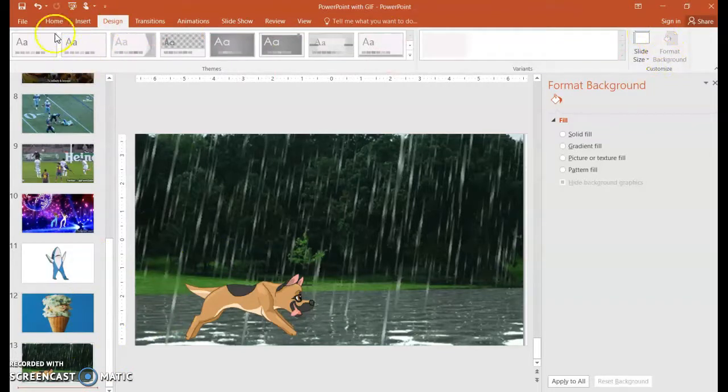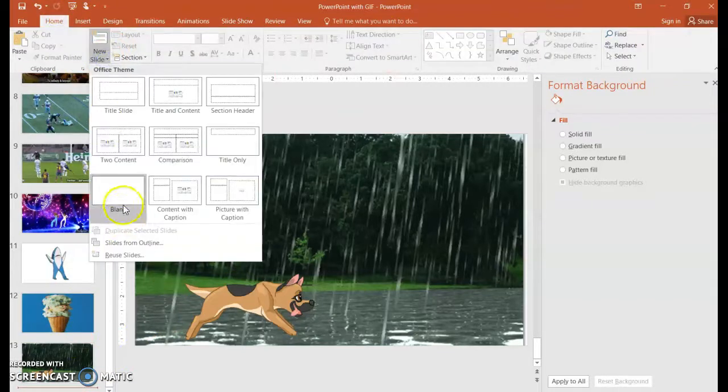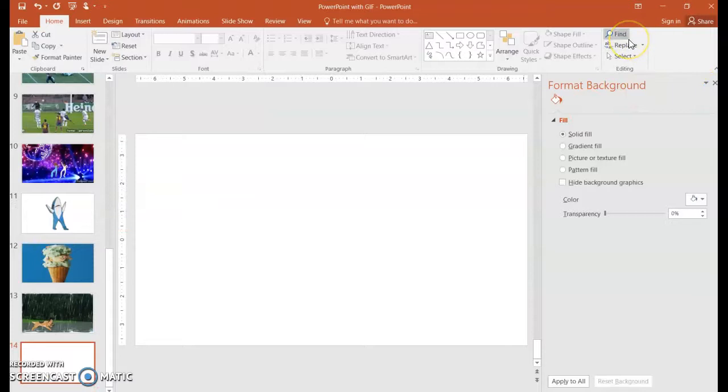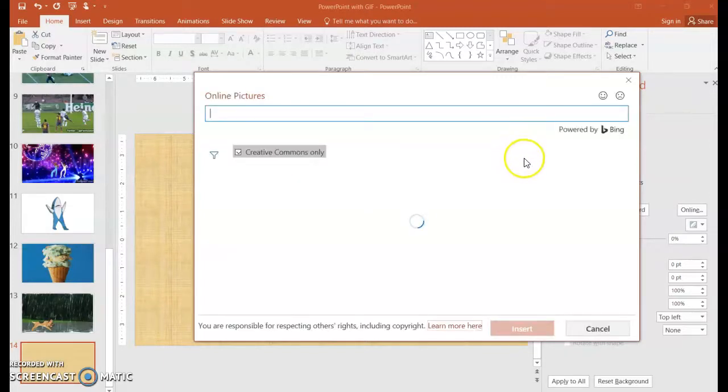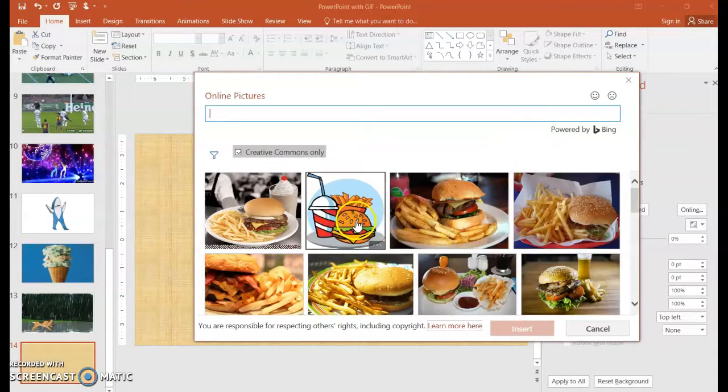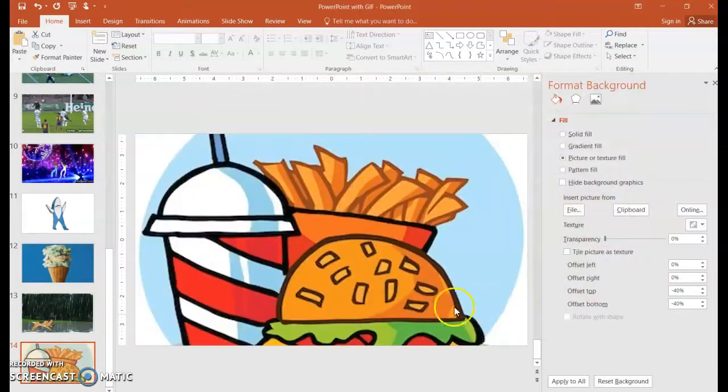One more thing I want to show you is if you were to choose a background in a new slide, so I'll put in another blank slide, and I were to choose Format, Picture, Online, I want a particular picture that I know will be chopped off. So I'm going to select this picture. And I just wanted to share with you, if you ever pick a picture and you're not seeing it entirely,